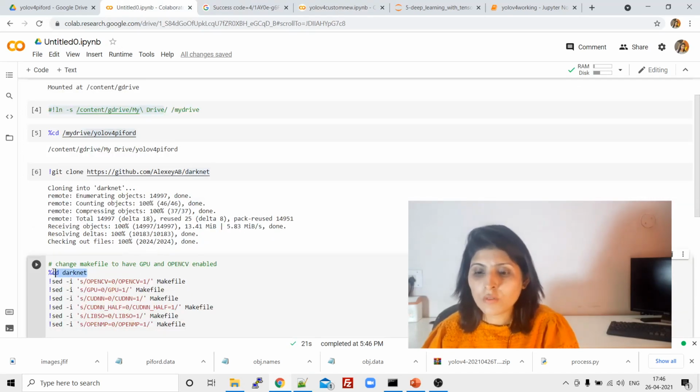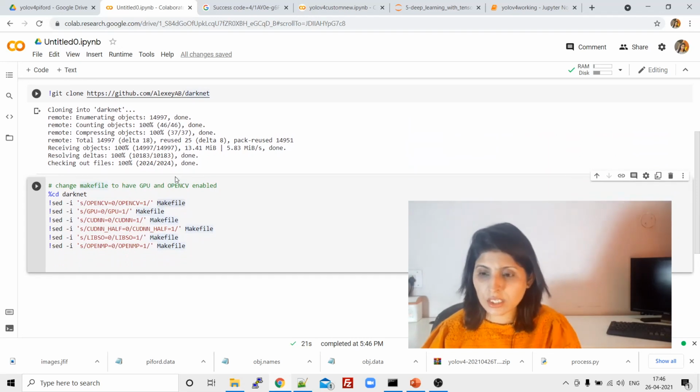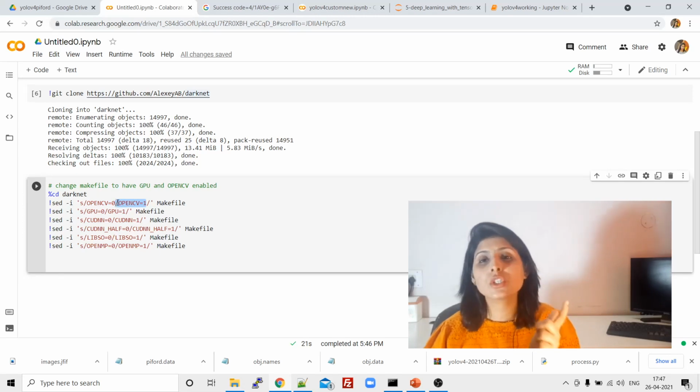First of all, we have entered the Darknet folder, and in the Darknet folder we have a makefile. We want to make a few changes in that makefile. And what are those changes? See, before this slash, this is what is already written in the makefile, and this is the new code which we want to update it with.